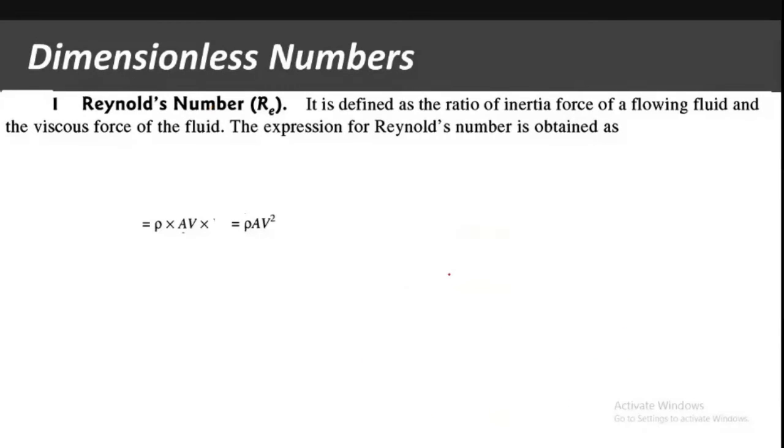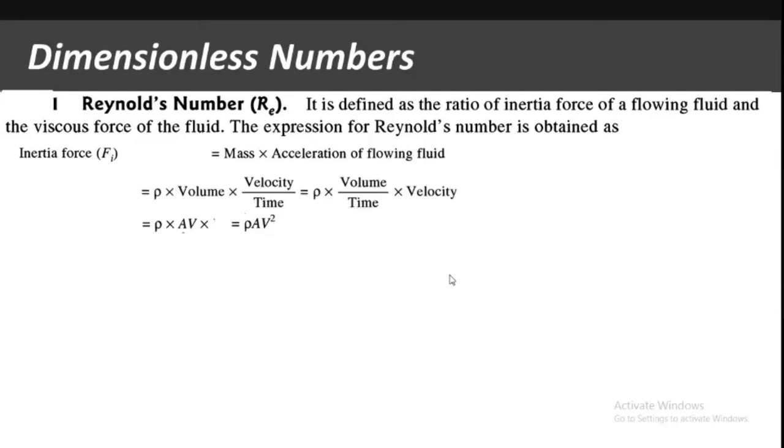So remember, here inertia force and viscous force play an important role. Okay, so the ratio of inertia force to viscous force is the Reynolds number. Now we know inertia force is mass into acceleration. Okay, now we can rewrite this mass. Mass is nothing but